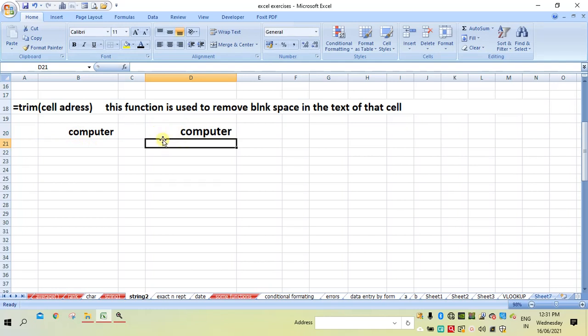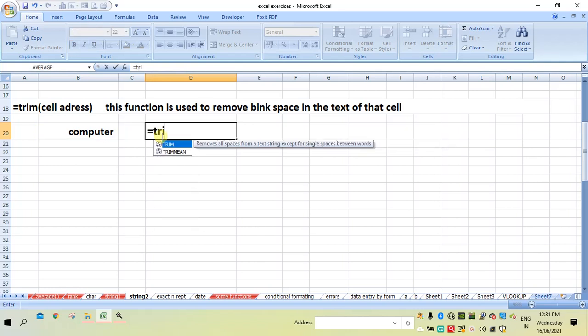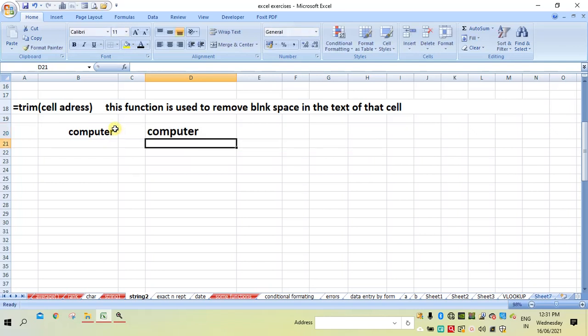To remove this blank space, I can use the trim function. So equals trim, and in brackets specify the cell address. Now you can observe the blank space before computer is removed. It is because of the trim function.